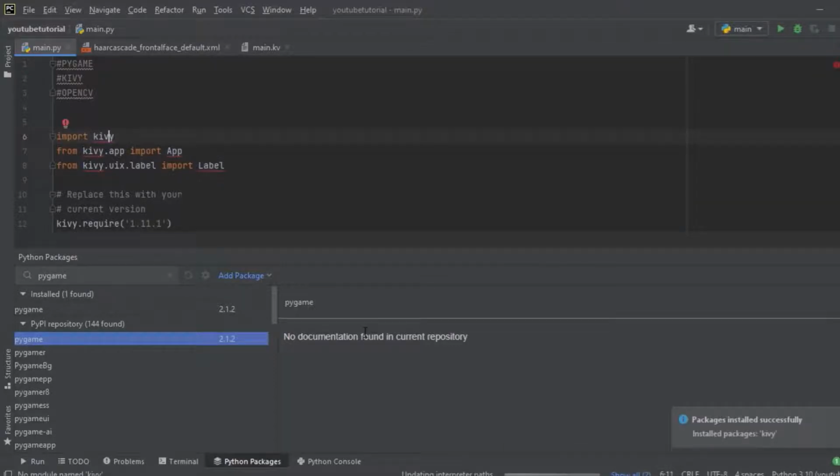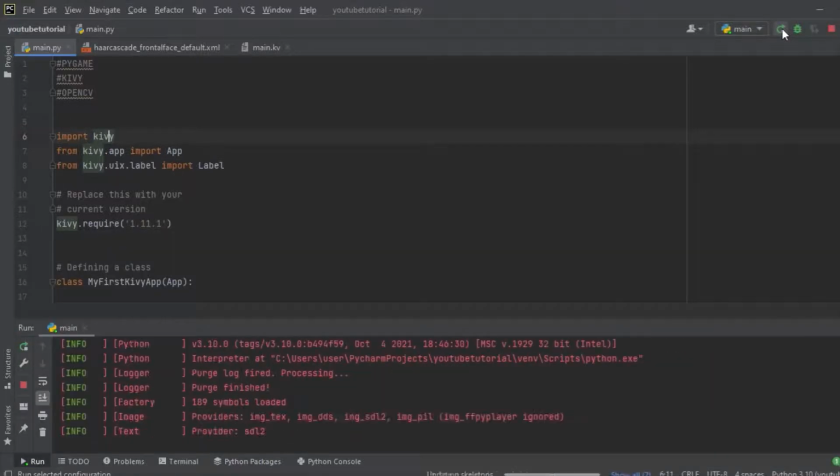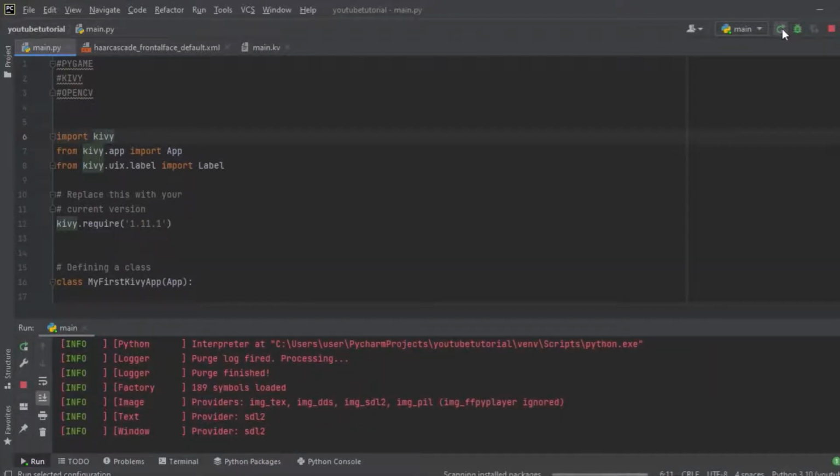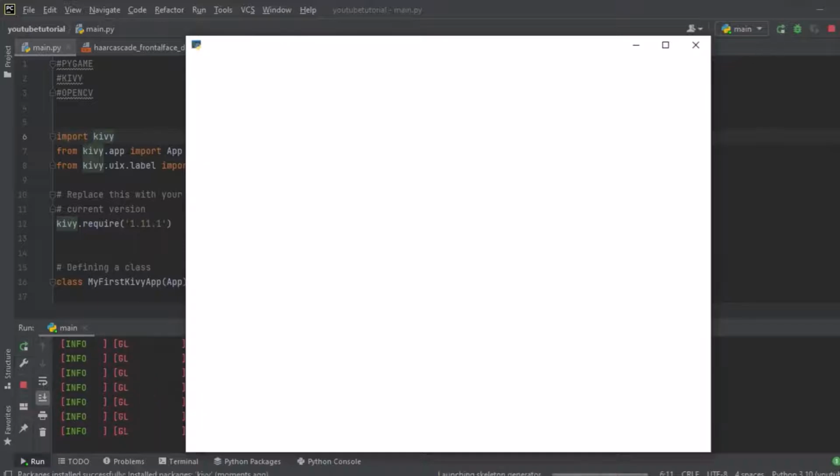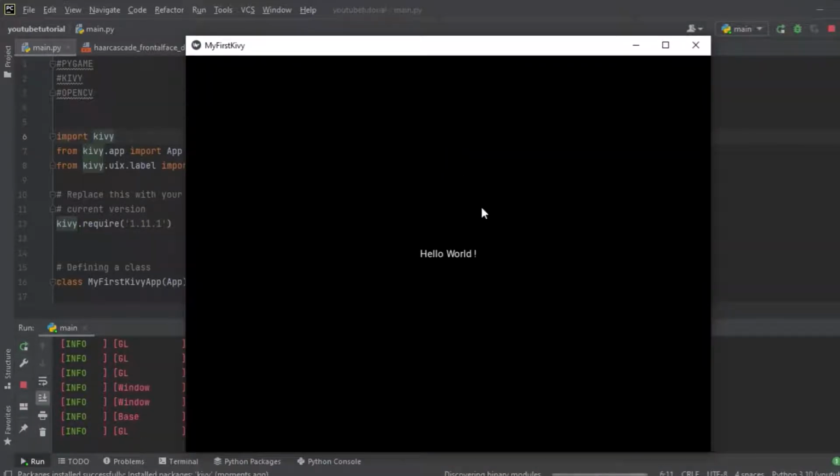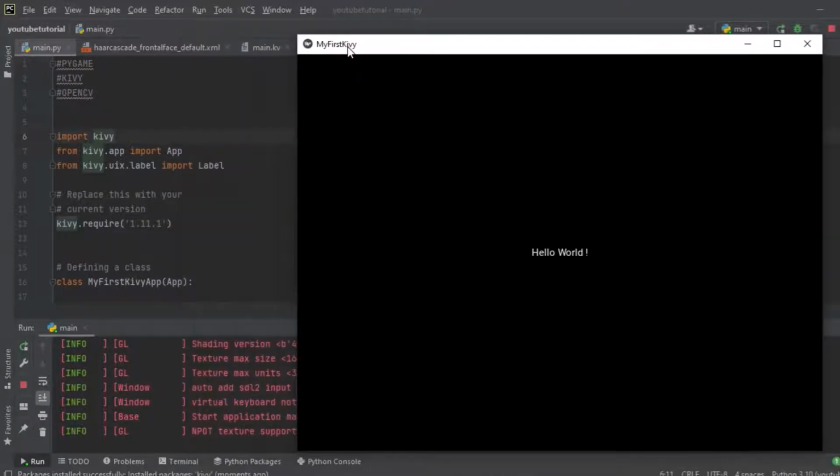So it's installed now. It has successfully installed now. You have to wait for this error to go. Yeah, it's gone. So let's run it. So it's opening. Hello world. So this is Kivy. This is how to install the Kivy